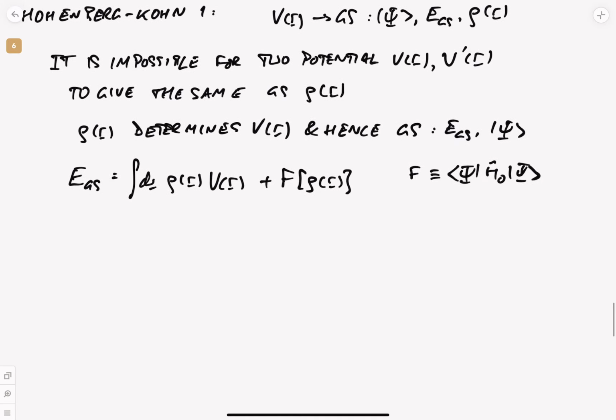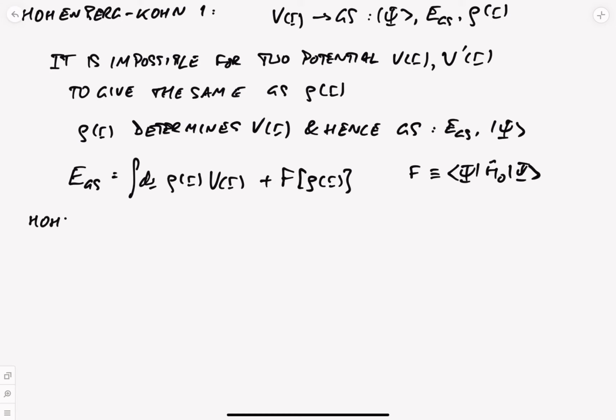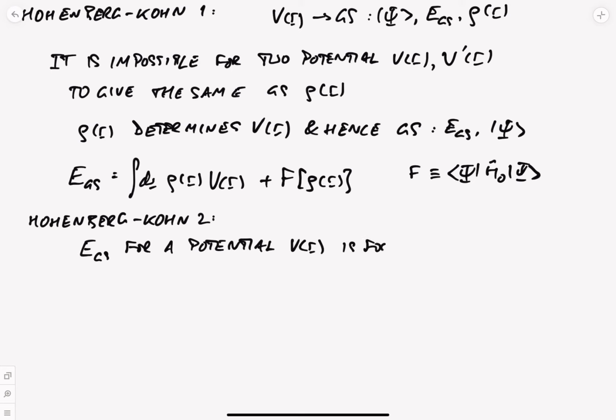The second Hohenberg-Kohn theorem relates to minimization and the variational theorem. So, Hohenberg-Kohn 2. What this says is that the ground state energy for a potential V of r is found by minimizing the functional, which we've just written above,